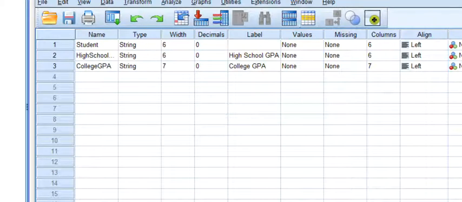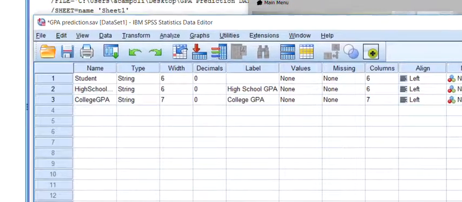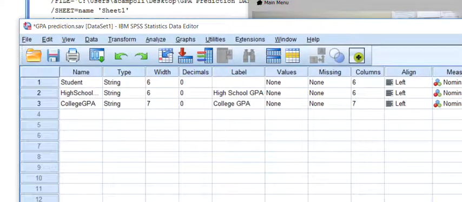I click the tab on the bottom. Okay, so now here's our variable. It says student, string, width of 6, and it's a nominal. But in actuality, the student was supposed to be a number, but it had that always-check-the-file note at the bottom,